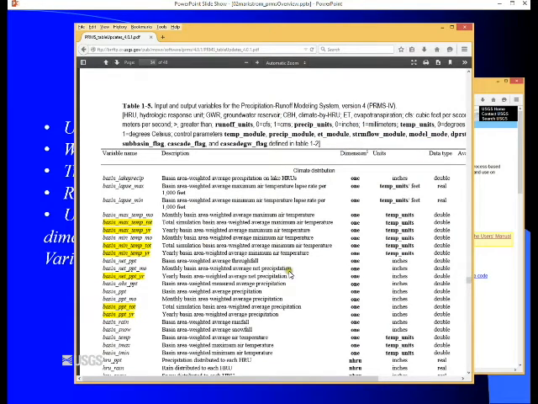Here's an example of an updated version of Table 1-5. It's been updated for PRMS version 4.0.1. Anything that's different from the published table in the user's manual is highlighted. You can see we've added a few variables. If you look at these things, there are just summary variables that don't really change anything that the model does. The user needs to know that they're there. If you are running PRMS, you should download these tables for a version that you just downloaded. Those are on the PRMS page as well.